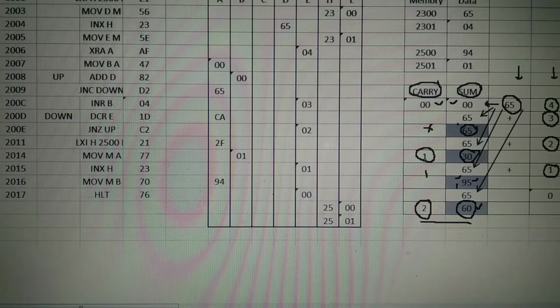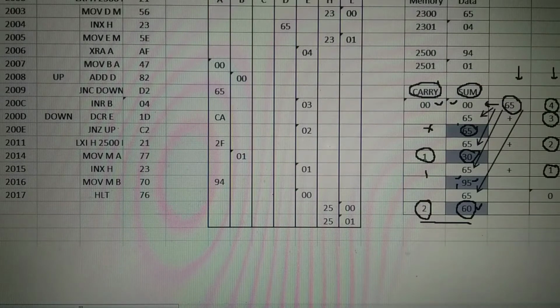Whatever logic we applied for the numbers in decimal form, the same logic we are applying for the hexadecimal form. The numbers are to be taken from 2300 and 2301. Here LXI H 2300, HL becomes 2300.